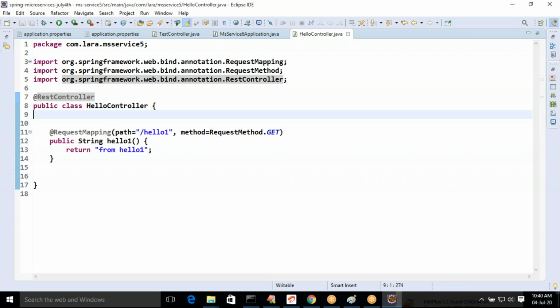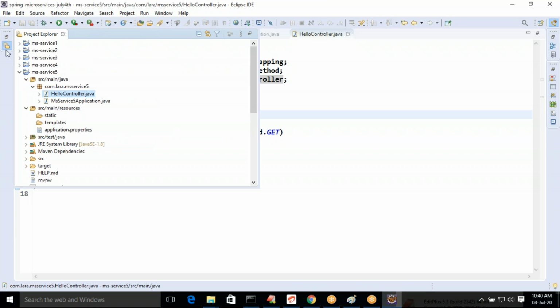So we require usage of Feign client along with the ribbon. Let us develop whatever proxy we were developing in the previous section. Same proxy I will be developing now.